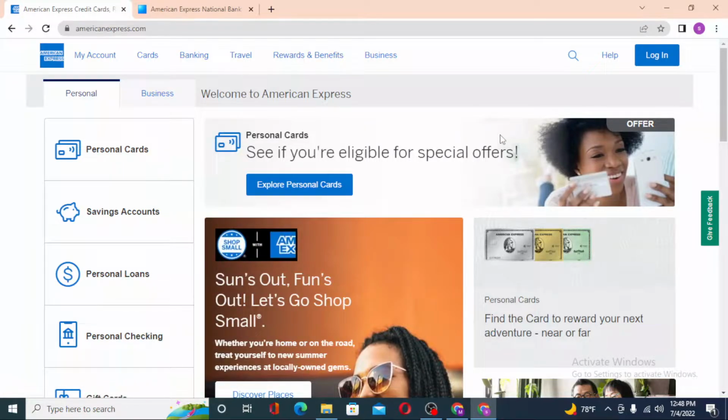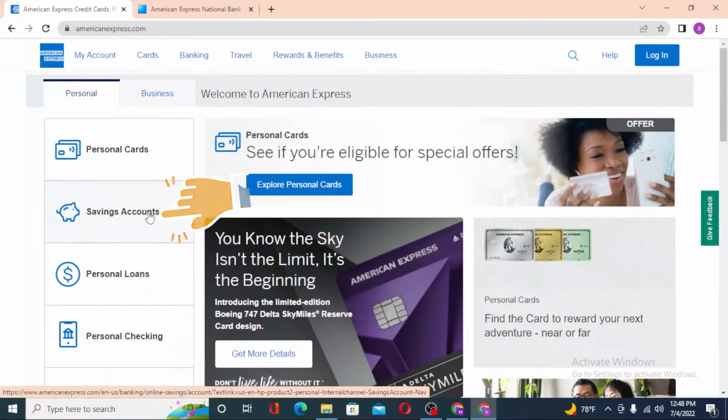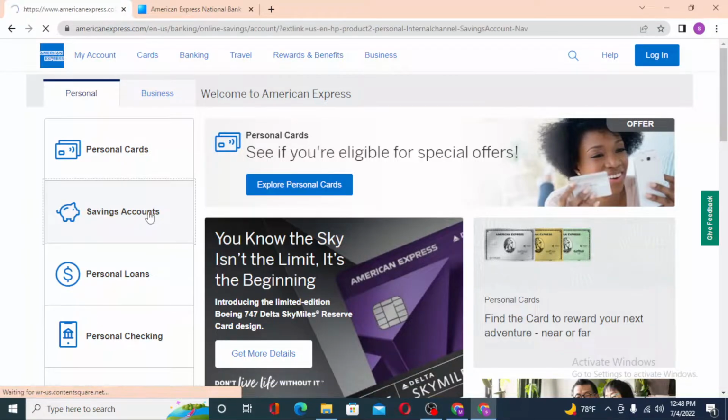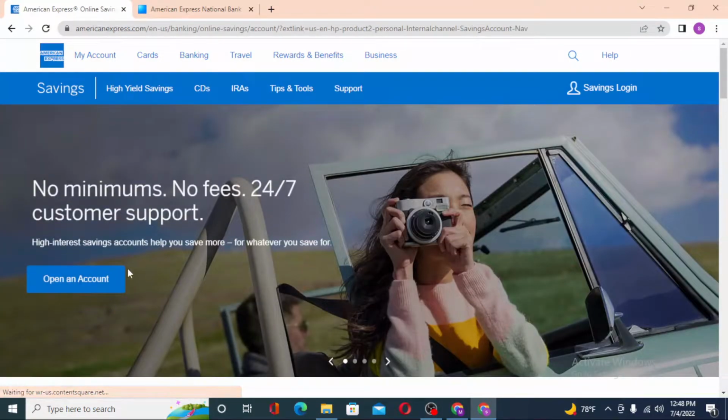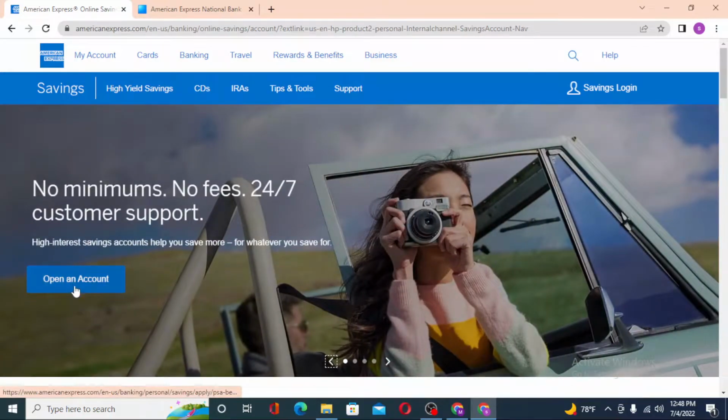Now to log into your American Express savings account from the home page itself, you can see the savings account option available over here on the left side of the screen. Click on savings account, and after that, if you have not yet created an account or registered for a savings account on American Express, you can see the create an account option available over here on the bottom left of your screen. Click on open an account and you'll be taken to the procedure where you can create an account on